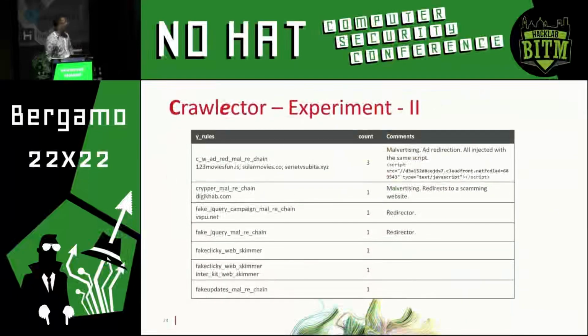Some of the other stuff, here I don't go into details about the actual injected code, because that's pretty much irrelevant. You can find a lot of information about this stuff online. But I want to prove the point that it is detecting stuff with X number of counts on different websites, okay? For example, this rule, the redirect malicious RE chain, it is detecting malicious stuff on these 3 websites. And funny enough, probably they all belong to the same threat actor, because the injected code, as shown here, is the same on all 3 websites. So the injected code is pretty much whatever this website points to. And then the same goes for the other